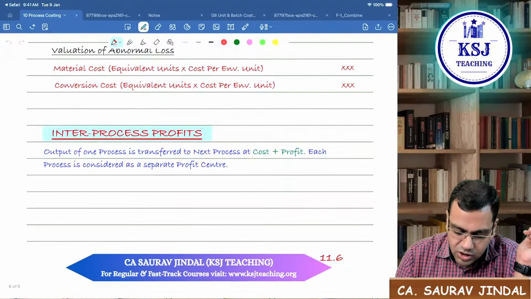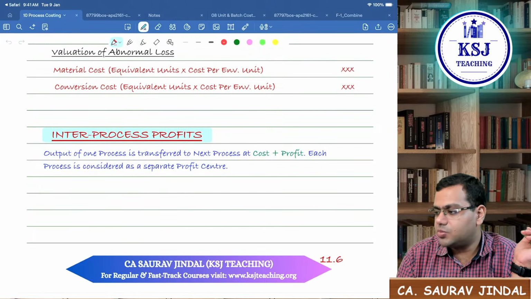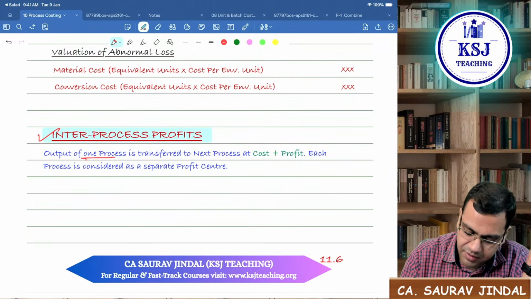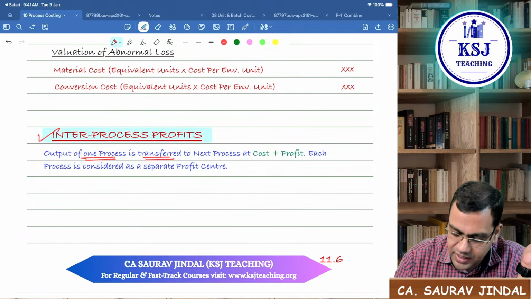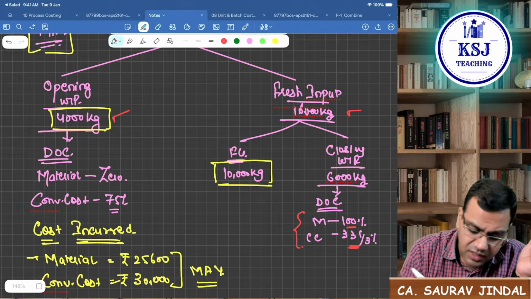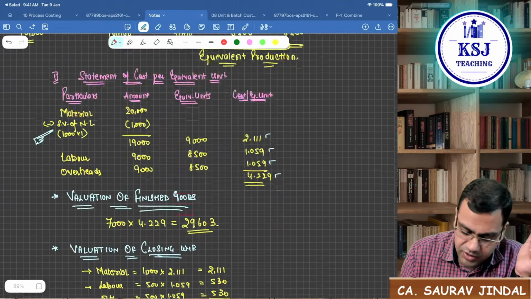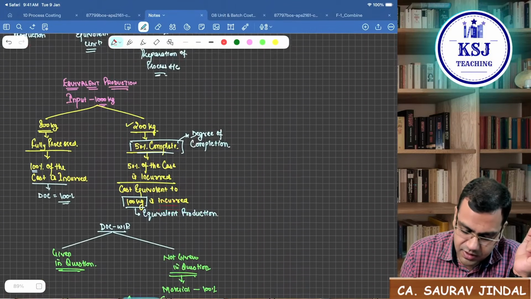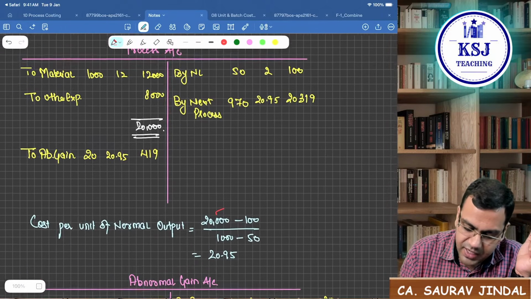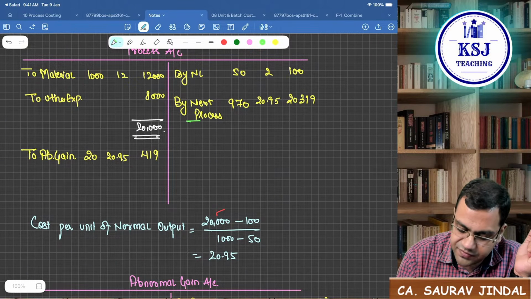Now the last topic which is there is inter-process profits. Now what is inter-process profit? That is the output of one process is transferred to next process. Till now what we are doing is, when we transfer the goods from one process to another process, when we prepared this process account, this transfer to next process is at cost,